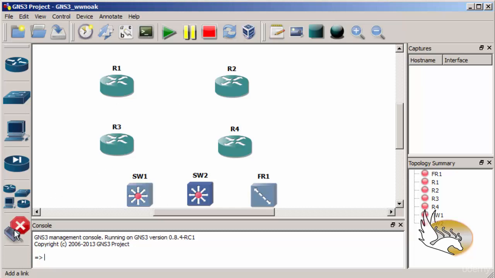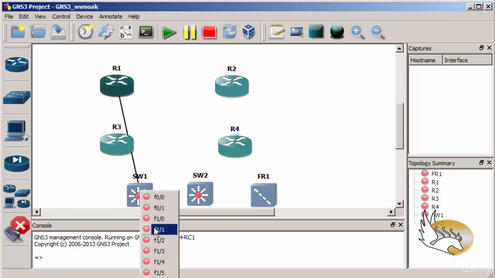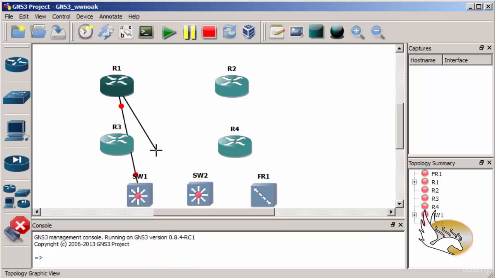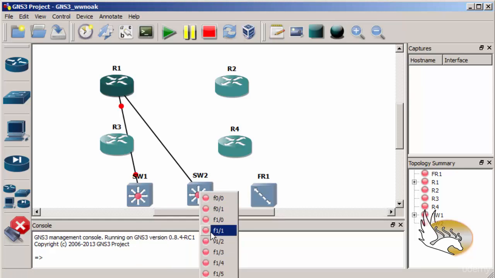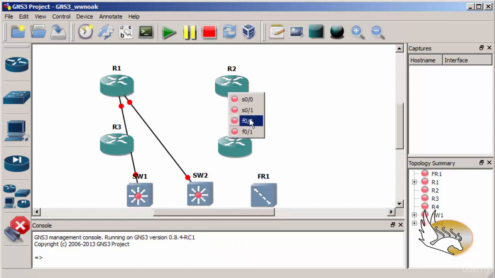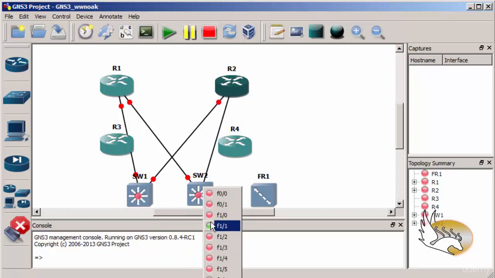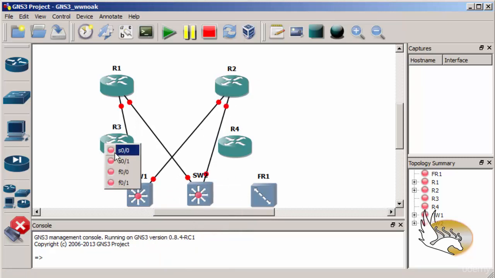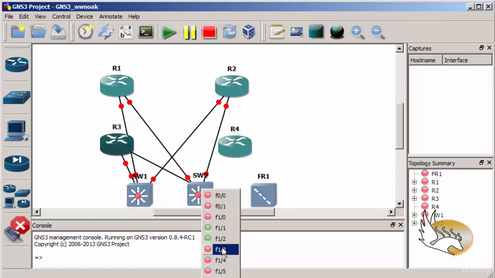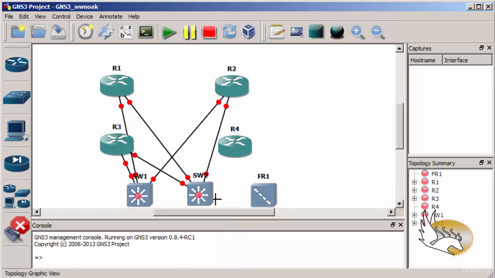So I go to connection and click on router 1's fast 0/0. It is going to connect to switch 1's fast 1/1. Router 1's fast 0/1 is going to connect to switch 2's fast 1/1 again. And the same will happen to router 2 to fast 1/2 and fast 0/1 to switch 2's fast 1/2, router 3 to fast 1/3 of switch 1, and its fast 0/1 is going to connect to fast 1/3 of switch 2, and router 4 has the same configuration,